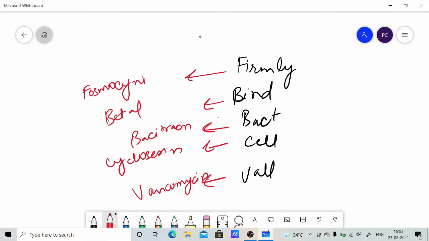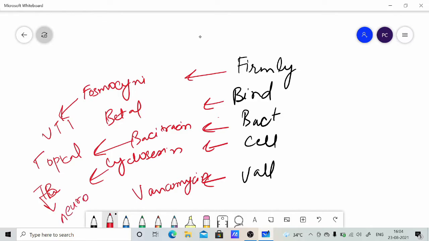Another point to be noted here is that phosphomycin is used against urinary tract infection. Bacitracin is used topically, and cycloserine is used against tuberculosis. But the side effect of this is neuropsychiatric manifestations. Another thing for bacitracin is that it is used topically to prevent